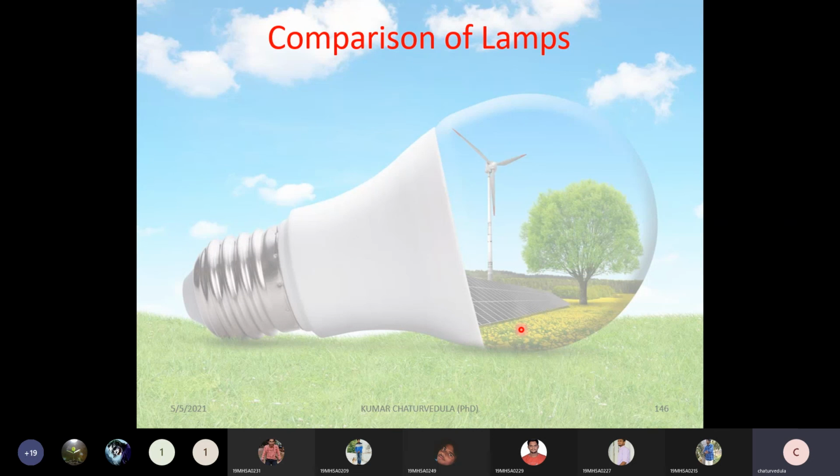So with this, in today's class, we are going to discuss up to only LED lamps. In the coming class, we will be discussing conductive polymers,